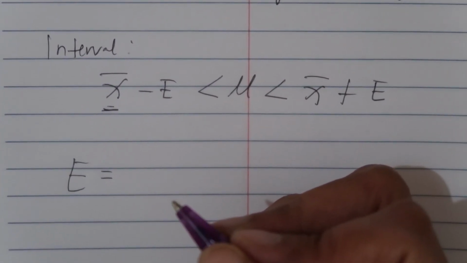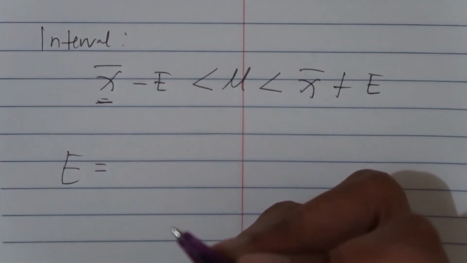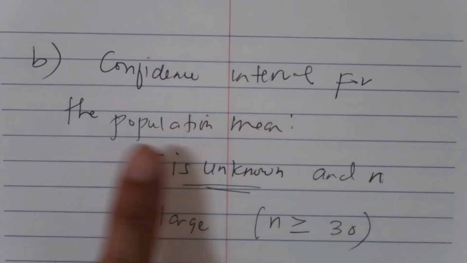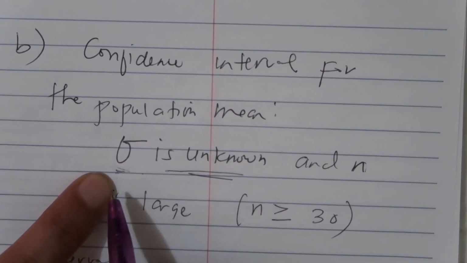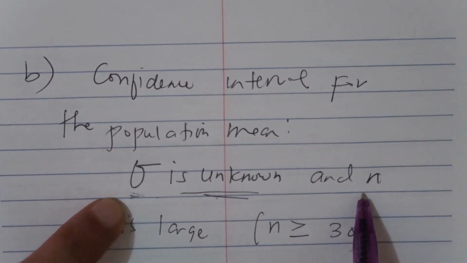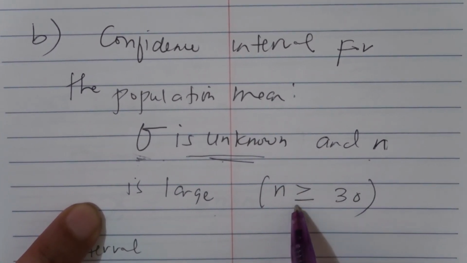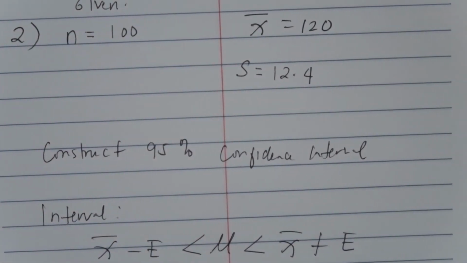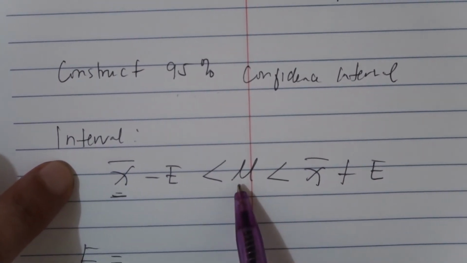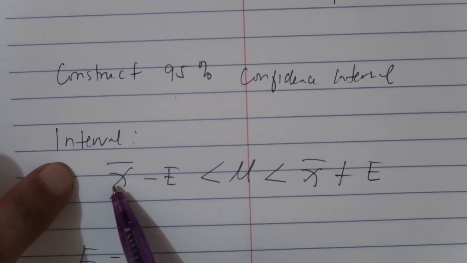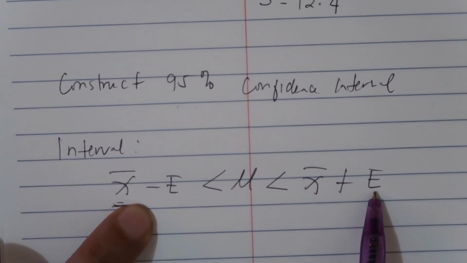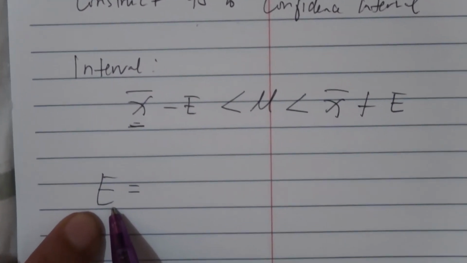So since this is the second condition, what's the second condition? Confidence interval for the population mean when sigma, or the standard deviation of the population, is unknown, and n is large, n is greater than or equal to 30. So how do we construct a 95% confidence interval? So the interval will be the population mean is greater than the sample mean minus the margin of error, but less than the sample mean plus the margin of error. So how do we solve for the margin of error if it is in the